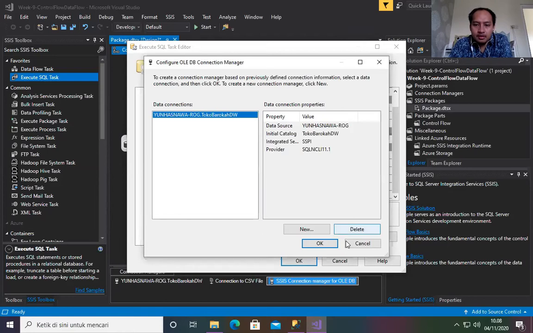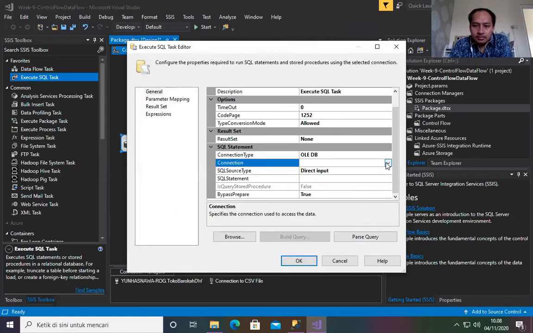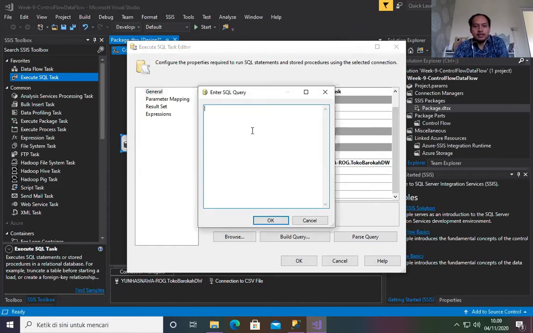We choose the same connection manager, Toko Barokah DW, and then we put our SQL statement: delete from dbo.dim karyawan.